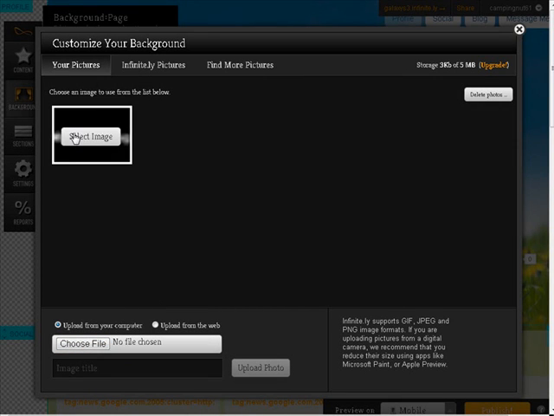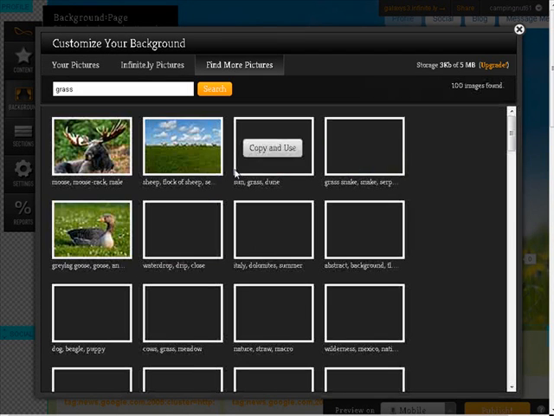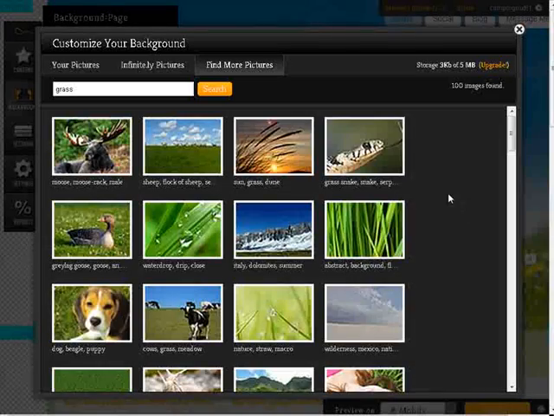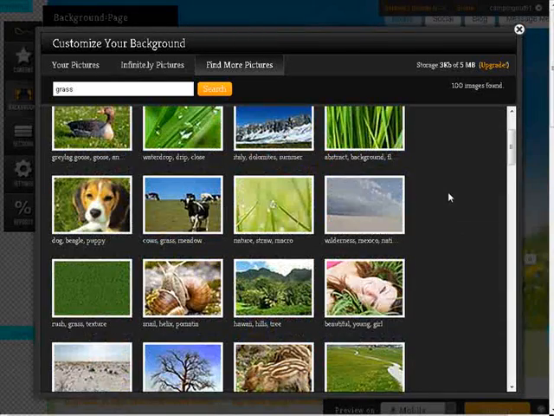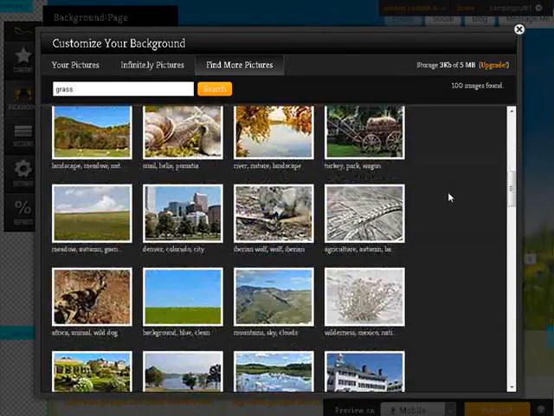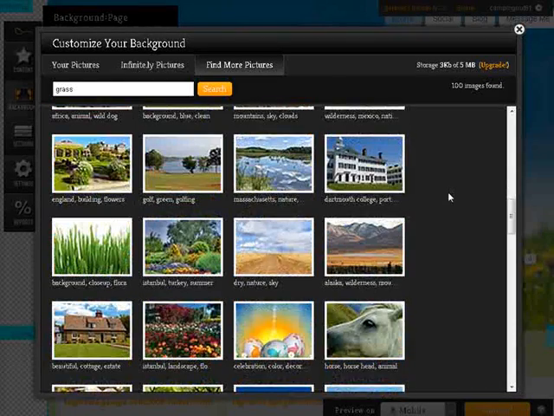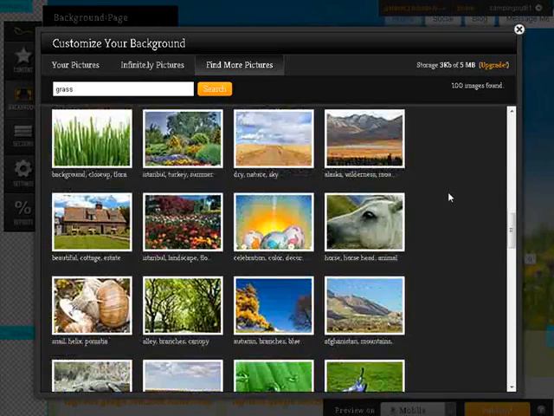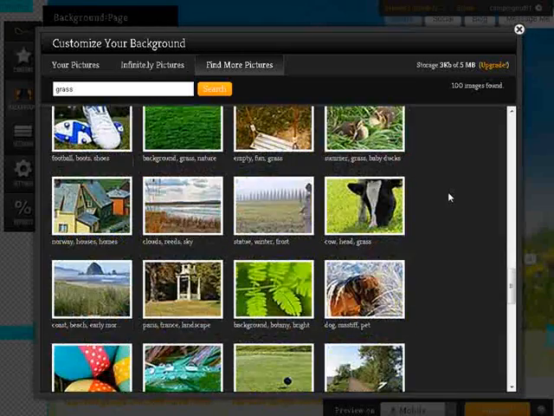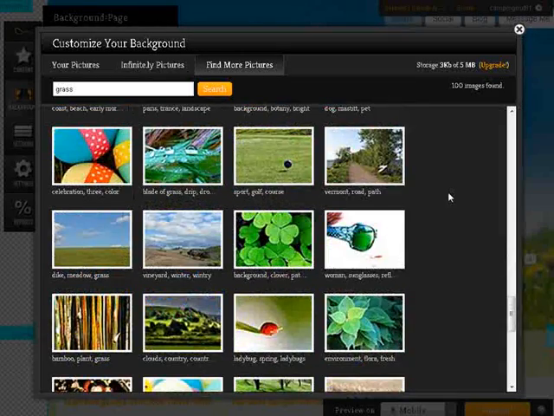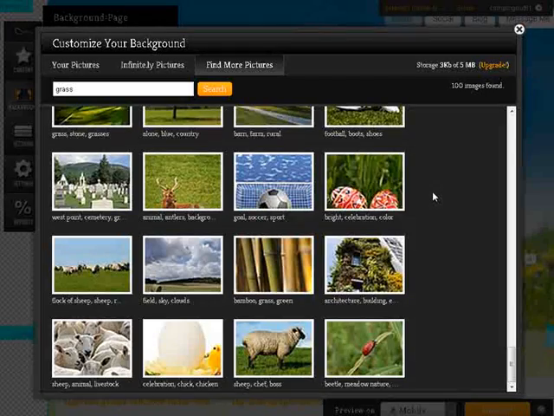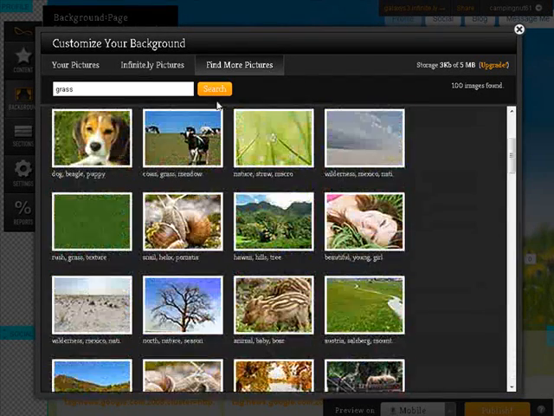So we could choose a file just like we did for our logo here, or we can use some from here. So they have lots of different pictures that we could use if we want here. So if we can find one that's more appropriate within their supplied pictures, we can use one of those. And as you see, they have quite a number. We can also